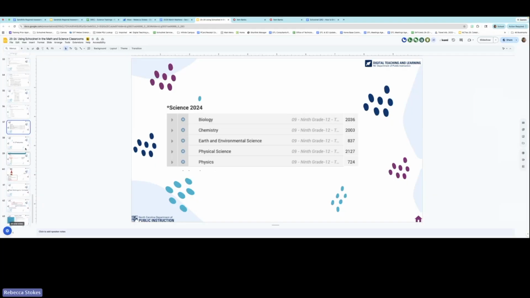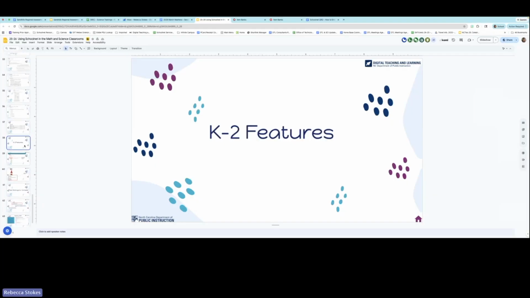I'm not sure if we have any K2 teachers on the call, but want to point out, especially for the recording, that we don't get K2 items from DPI, but we do get K2 items from Key Data Systems. So even if you are not using them individually for students to be able to log onto a device and take an assessment like older grades,